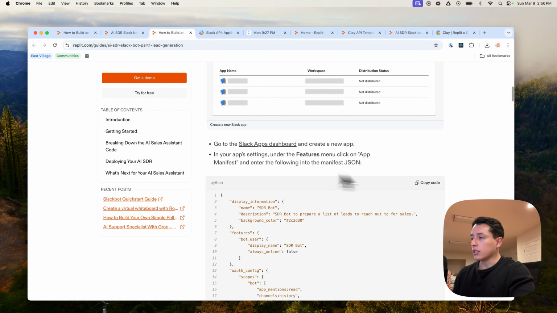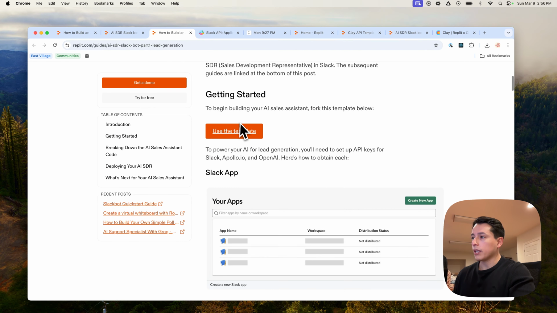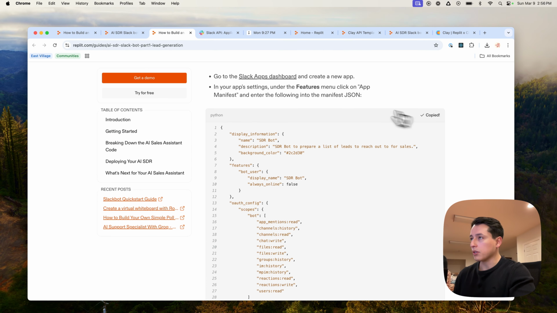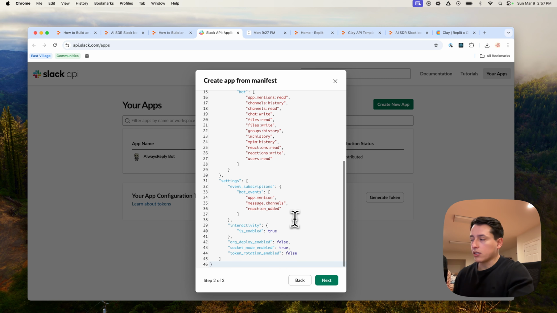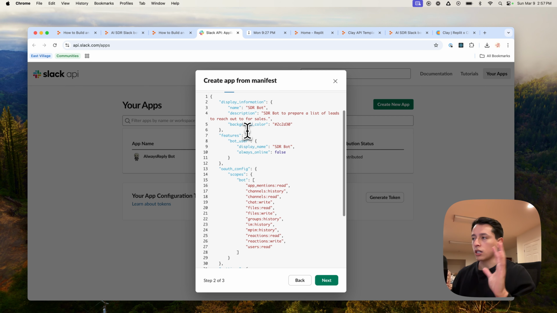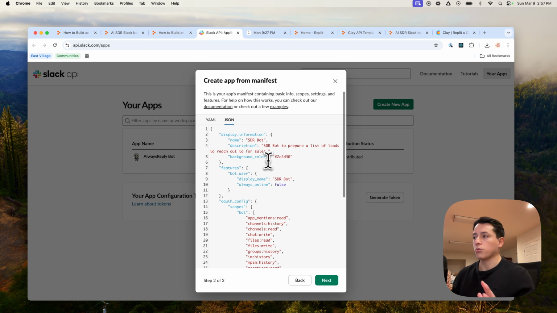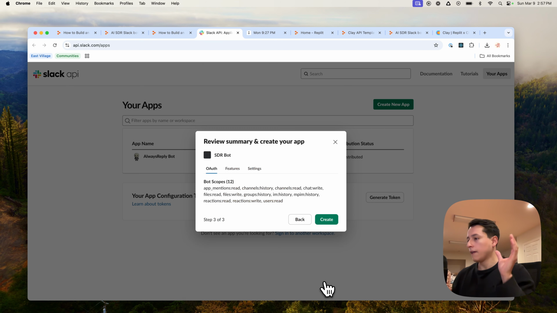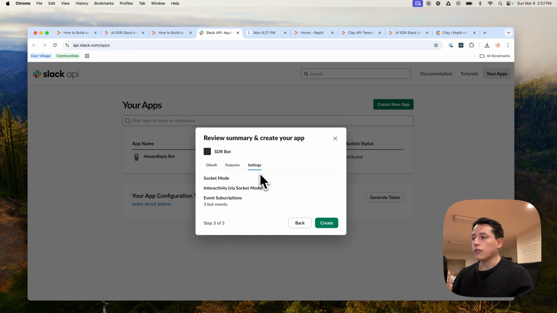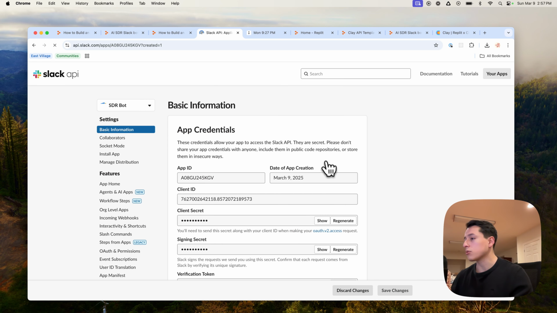And down here in the part 1 guide, we have the manifest file that will give us all of the settings that we need to configure so that we have the same AI SDR. So this is basically just a JSON file that contains all of the permissions that we'll need, including the ability to write and read messages, as well as the name and the description, which can all be changed later. But if you just want a quick start and do the exact same thing, just import that manifest file. Everything looks good. We're going to create,